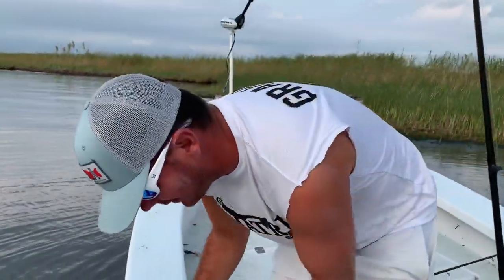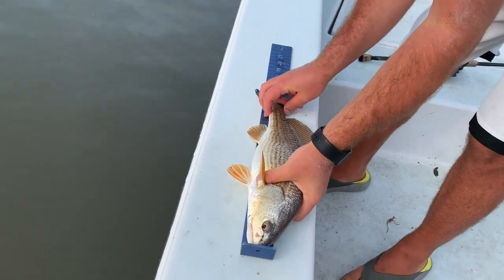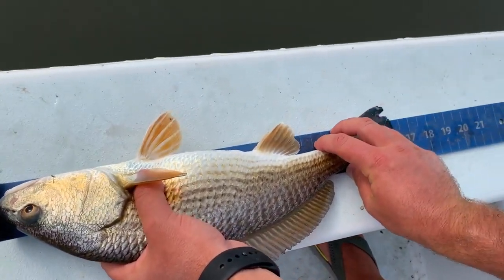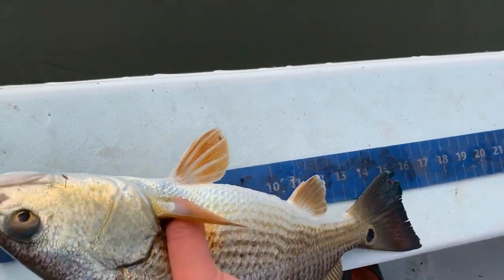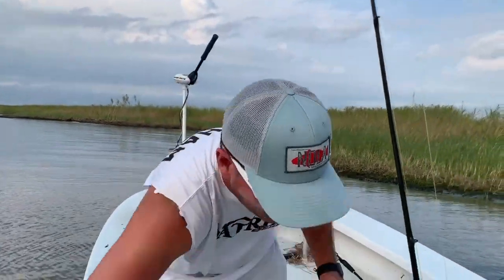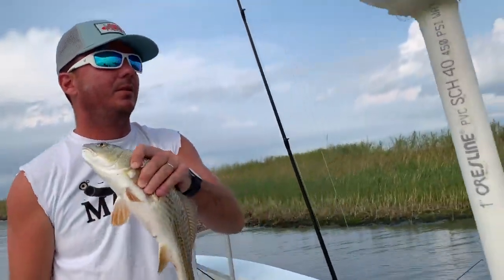Let's see. He makes it, look, barely 16 1/4. That is what you want. What you really want is a 16 1/4 with a red tag coming out of his bag. Win you a boat. Let's go ahead and put him in the...